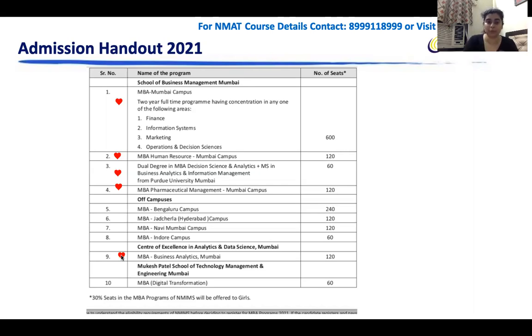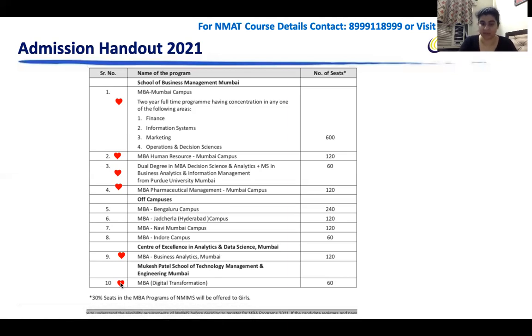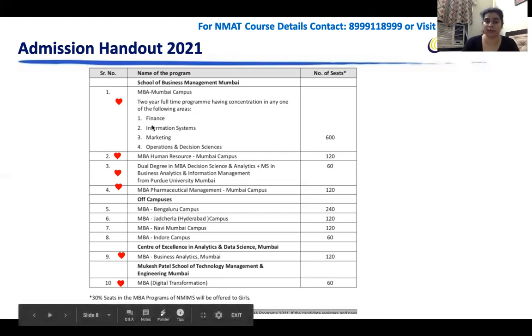So when you saw the program preference options, there was School of Business Management Mumbai, off campus, Center of Excellence, and Mukesh Patel. Mukesh Patel is for a new program called MBA in Digital Transformation, where you have 60 seats. The main NMIMS MBA program, which everybody keeps talking about, is your MBA Mumbai campus SBM, and the rest are the other program options which are available.